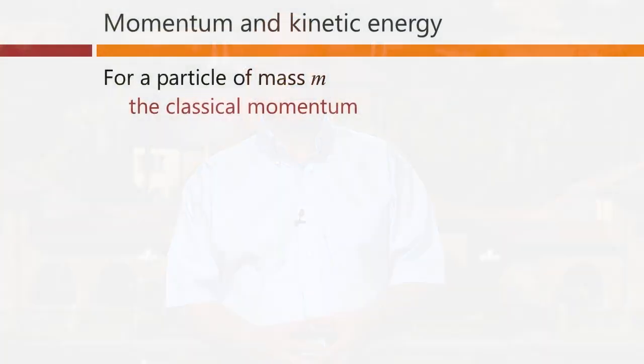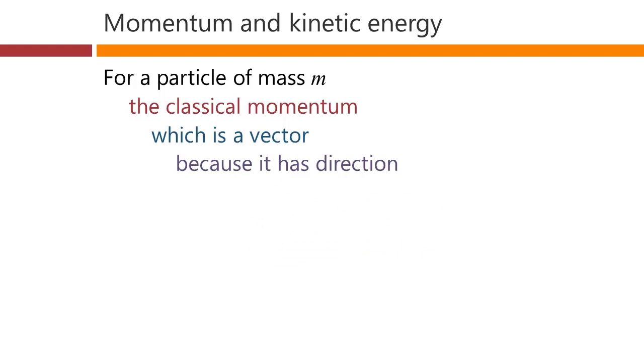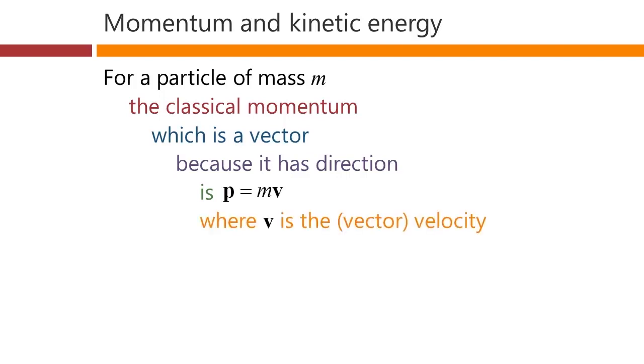Here then, we're going to start by reminding ourselves of some of the basic ideas from classical mechanics, including the ideas, as I said, of momentum, of kinetic energy, of potential energy, and of force, and the various relations between them. For a particle of mass m, the classical momentum, which is a vector because it has direction, is p equals m times v, where v is the vector velocity. So velocity has a magnitude, a speed as it were, and a direction, so it's a vector, and momentum is